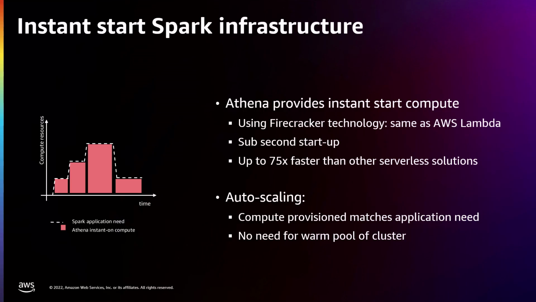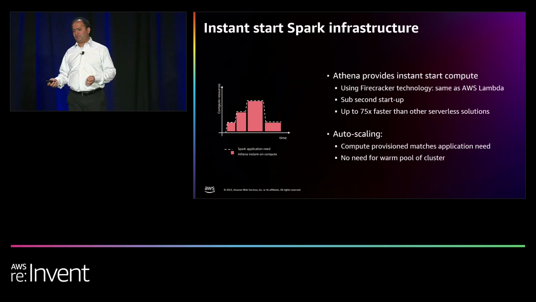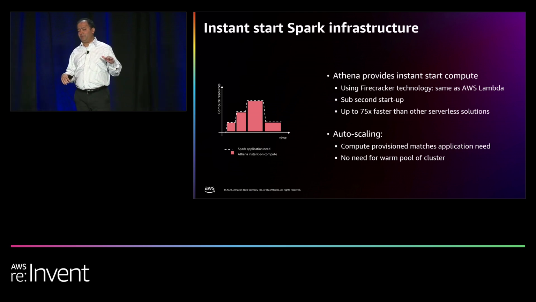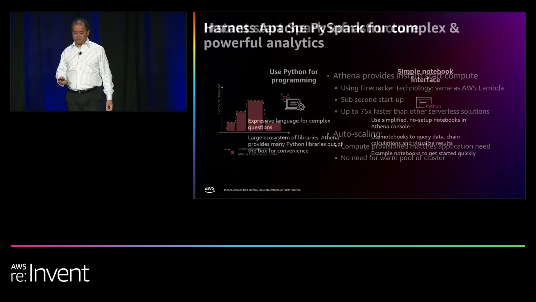So, if you look at the graphic on the left, you would see a typical Spark application. There are usually queries, joins, aggregates, and what you would typically notice is these stages, each of them require a different amount of compute. Most of our customers look at this and provision clusters to deal with the maximum, which means that you are going to waste a lot of resources. What Athena does, which is the bars below, it actually scales up compute efficiently and quickly to match what the application needs. So, the net result is you do not have wasted resources, but at the same time you are not spending any time waiting.